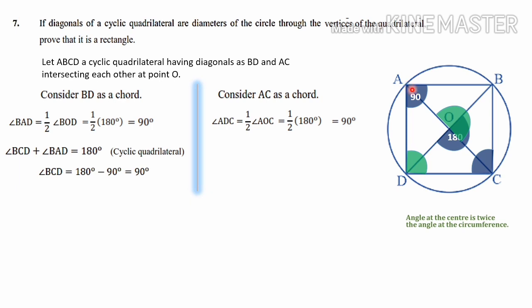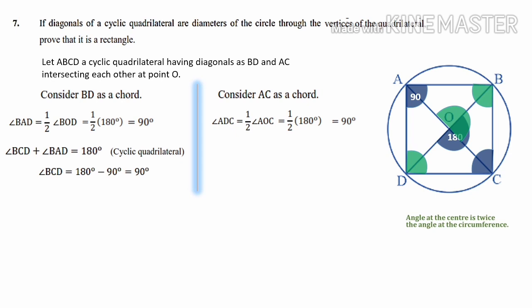So this angle AOC is also 180 degrees only because it is a straight angle. And don't confuse it with the statement we commonly use, angle at the center is twice the angle at the circumference. But if you want to calculate the angle at the circumference, we have to think in reverse order: angle at the circumference is half of the angle at the center. That is what we have written here. One statement is enough. By using that we are writing the conclusion, that's all.